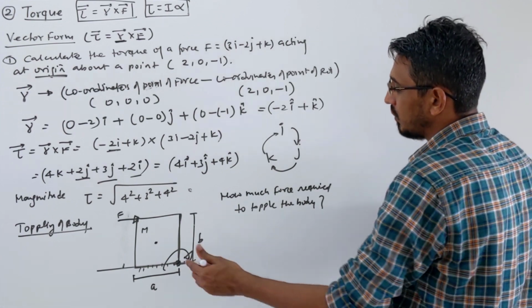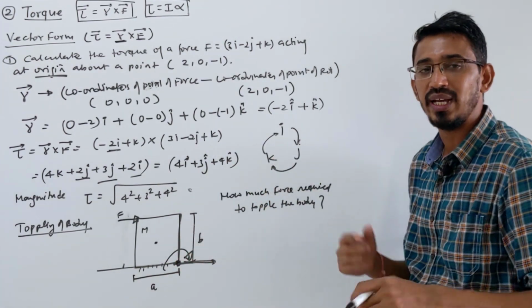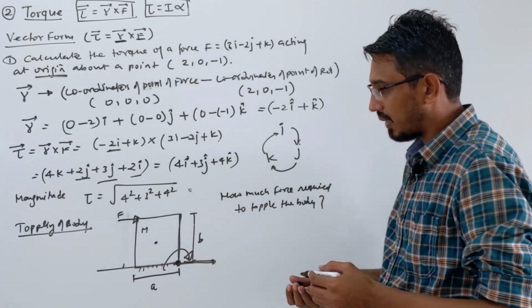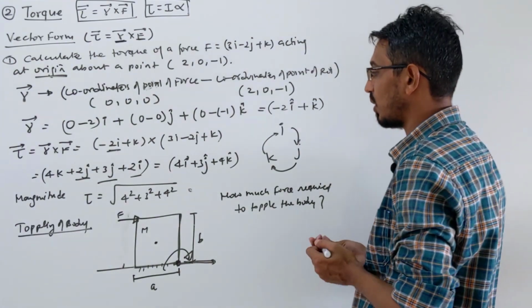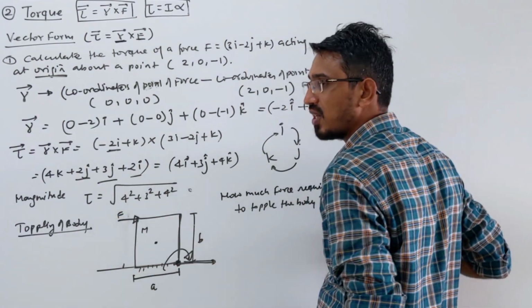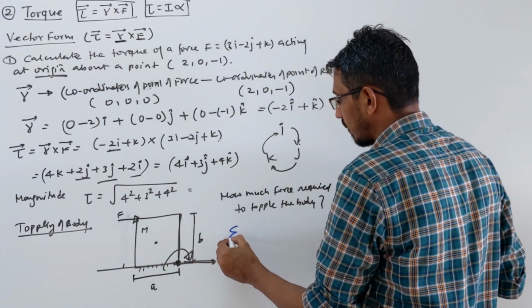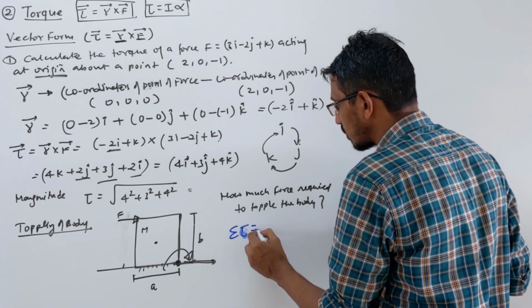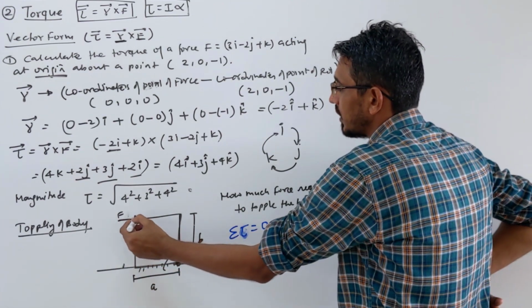So this body is rotating about this point and it's under rotational equilibrium, let's say. So net torque should be what? 0, correct? Okay, so how many forces are there which are producing torque here? Look carefully, there are two forces which produce torque. One force is this external force which we are applying, correct? So look, what is torque? We are writing for rotational equilibrium, net torque should be what? 0. Clear? Give attention.